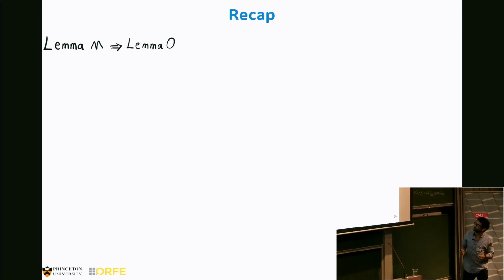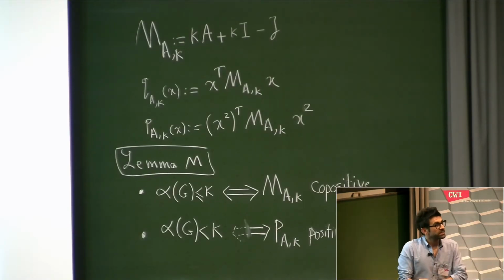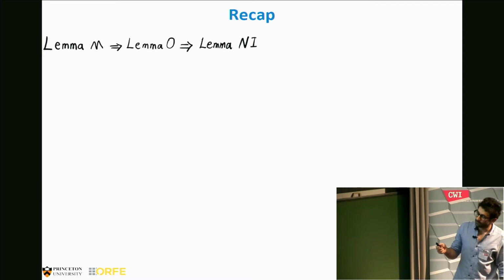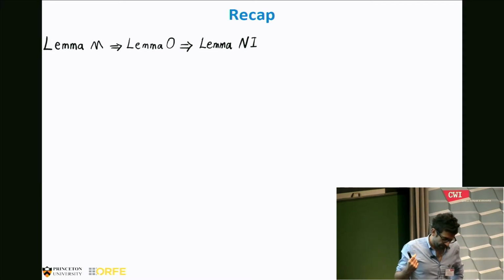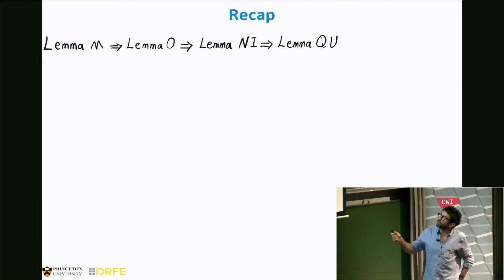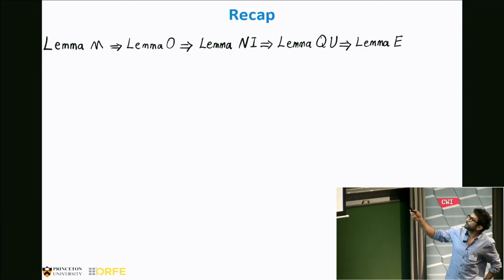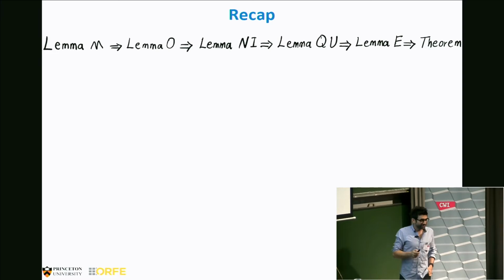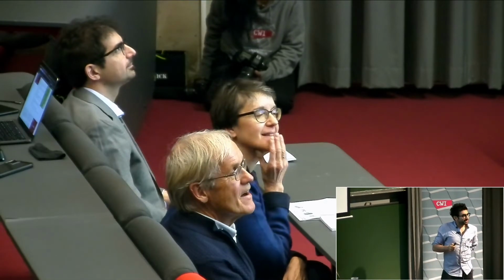So this is the end of the proof, and to recap, we had this lemma M, which is on the board, and we proved it many times, to prove lemma 0, which is that 0 is the only second-order point of these quartic polynomials. And that allowed us to prove the non-integer lemma, which is that if k is non-integer, and this was important, then we can relate the stable sets to local minima of these quartic polynomials. And this allowed us to prove that for an unconstrained quartic, testing local minimality existence is NP-hard. This allowed us to prove lemma E, which is about existence of quadratic programs in the unconstrained case, and finally the theorem. And the reason I recap this, in case you haven't noticed it, is that as many theorems in polynomial optimization,